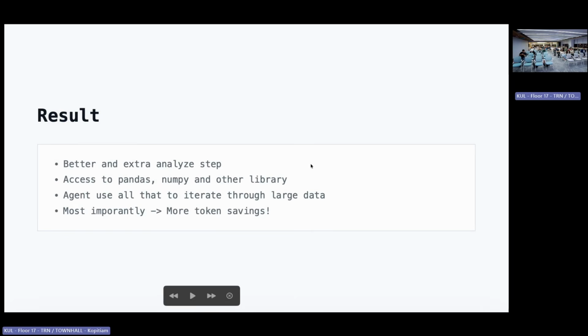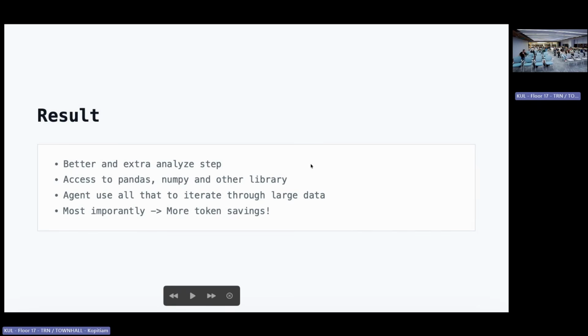In the previous workflow, the agent doing result analysis felt very restrictive. It did a straightforward analysis. When we give it a sandbox, it does more than that, and it has access to pandas, numpy, and other libraries. I saw the agent use all of that